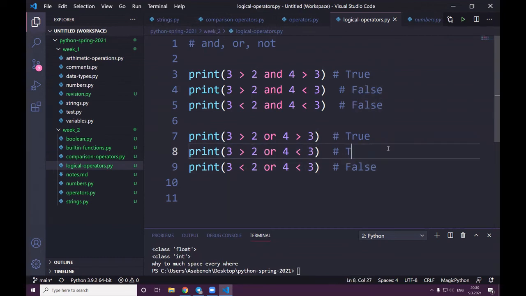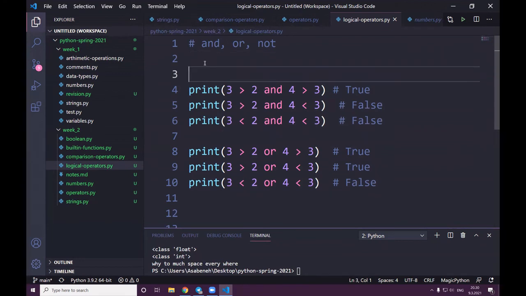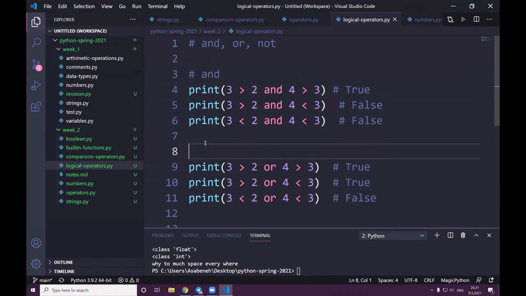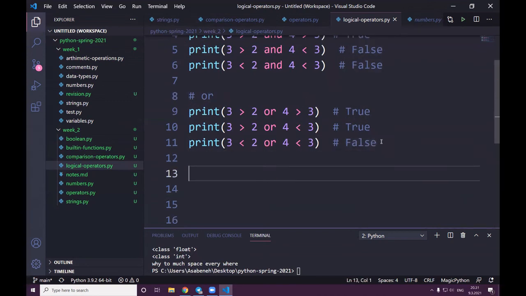And now 3 is less than 2. That's false. 4 is less than 3. What do you think about this? False. Everything is false, so it should be false. Now we saw the and, that's the kind of conjunction. We saw the or, and then now let's see